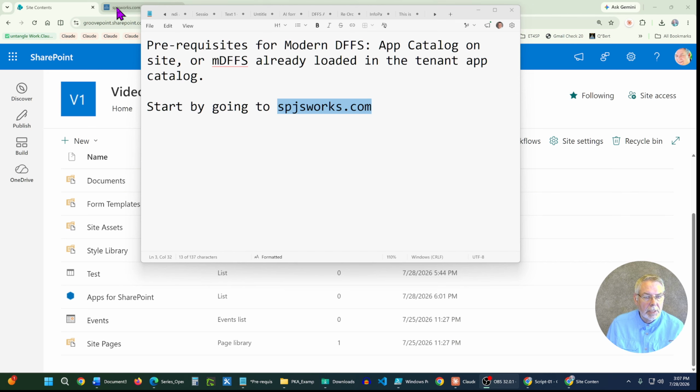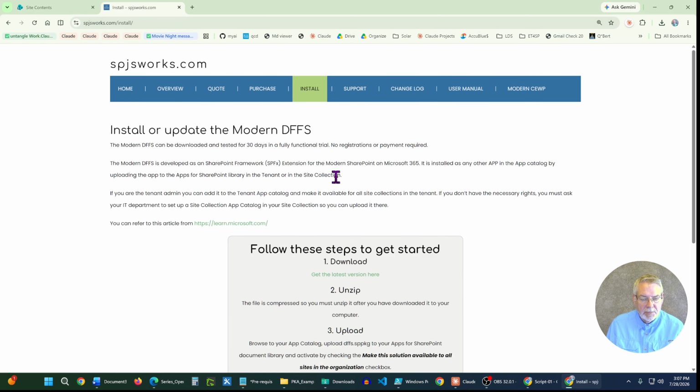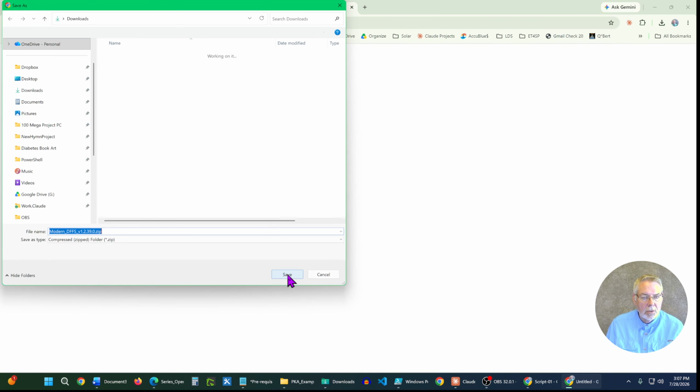We start by going to spjsworks.com and then choose Install at the top. This page is self-explanatory, so it's a very good idea to bookmark it in case you need to come back to see these instructions. Click Get Latest Version here, download the zip file,